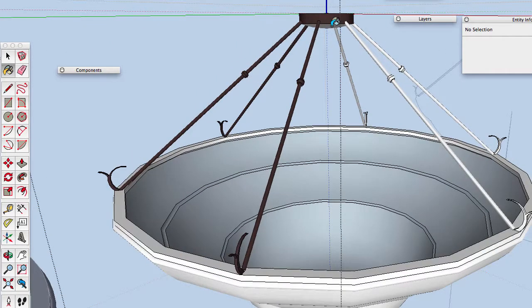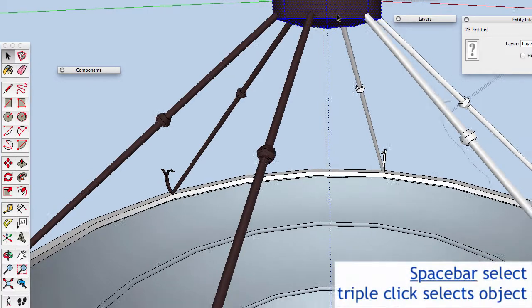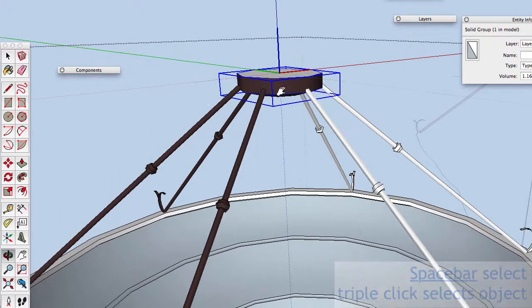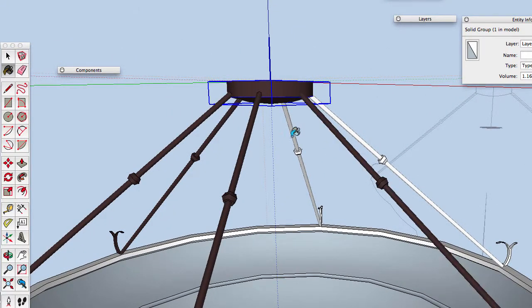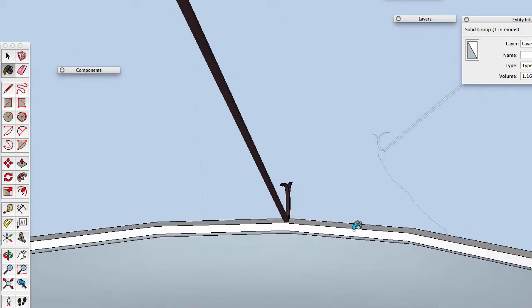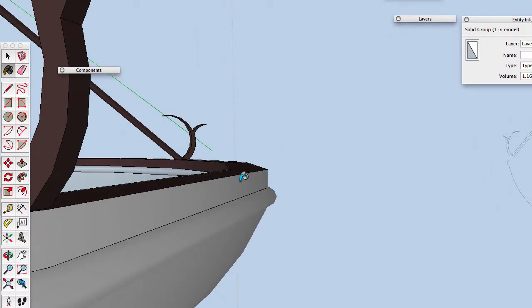Oh, we should have made a group of that. Triple click and make a group of the base. Don't have to, but there you have it. Paint all the rods, and we'll paint the rims. So I'm going to orbit